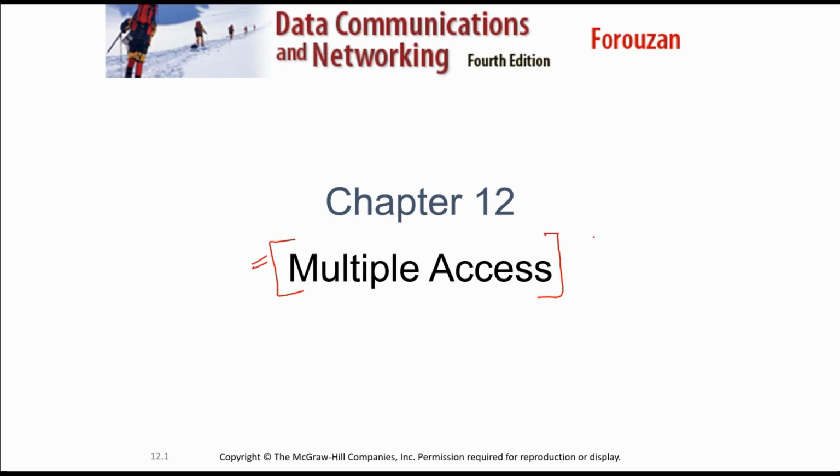Multiple access protocols. So what is the meaning of multiple access protocols? We have a sender, a receiver, and a channel. Suppose we are in a network,